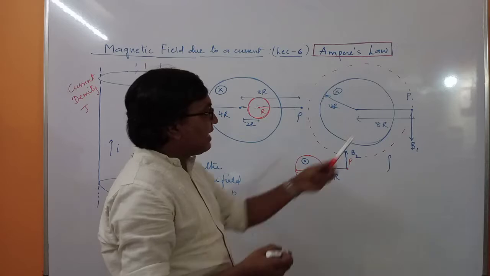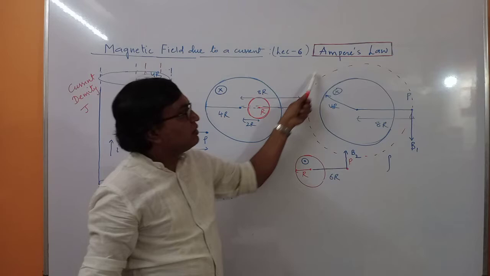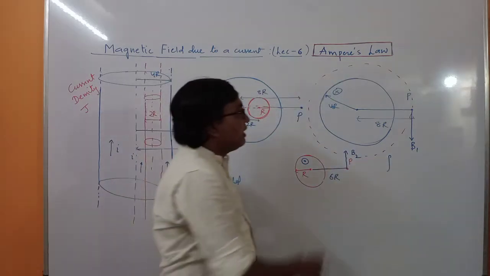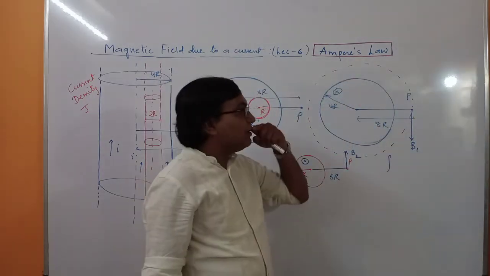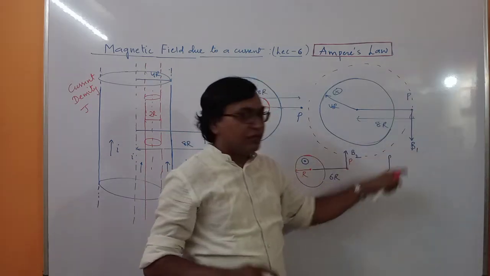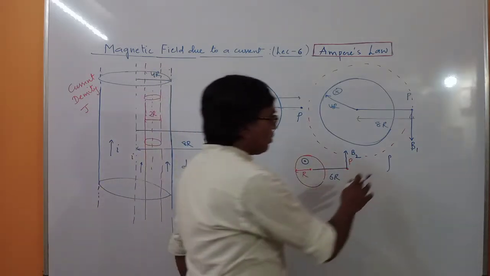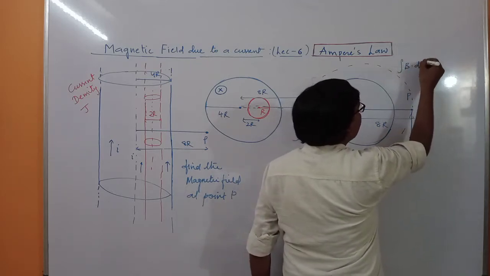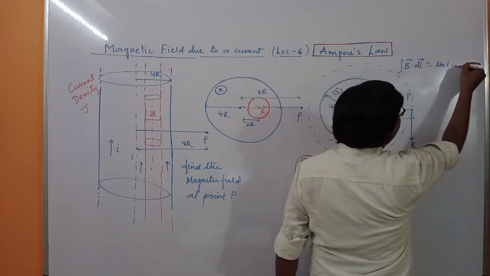Okay, yes. And the magnetic field is the same everywhere on this loop. It is tangential to this loop at every point on the loop. And we are traveling this loop along this direction, so the angle made by the magnetic field with the small length element dl will be 0. So cos 0 is 1. In all these cases it will be similar. So I will write integral B dot dl is equal to mu naught times I inside.